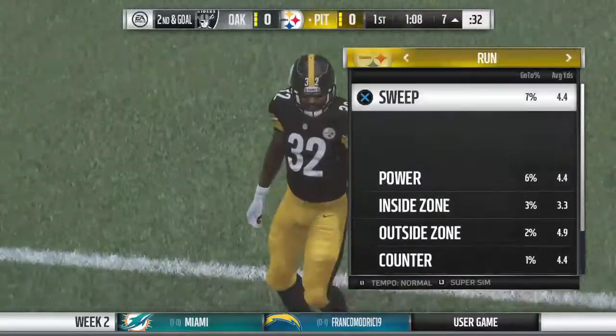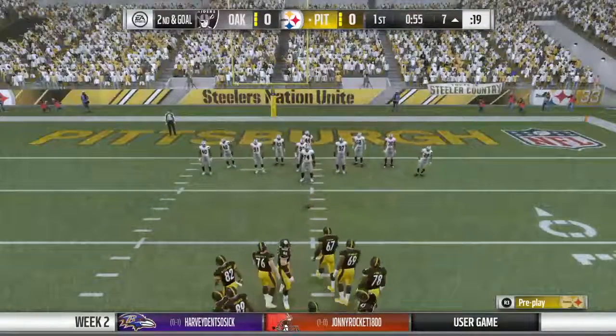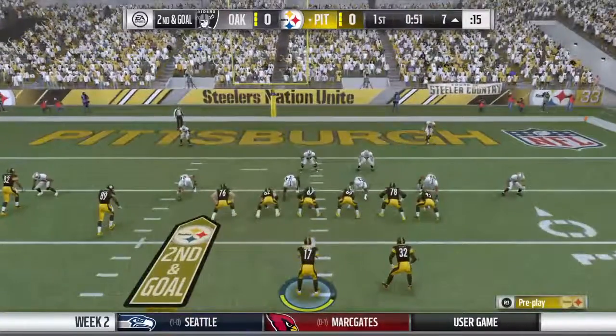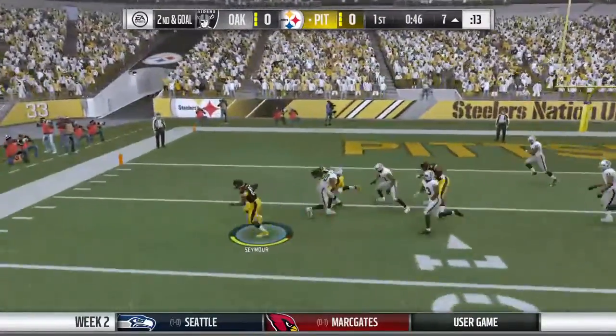Well, it's been the air game that's taken them down on this drive before they finally turned around and handed it off on the last play. And now they're looking for the big boys to get him in the end zone. Couldn't do it there. It'll be interesting to see. Offensive lines had to pass block a lot on this drive. Will they be able to...